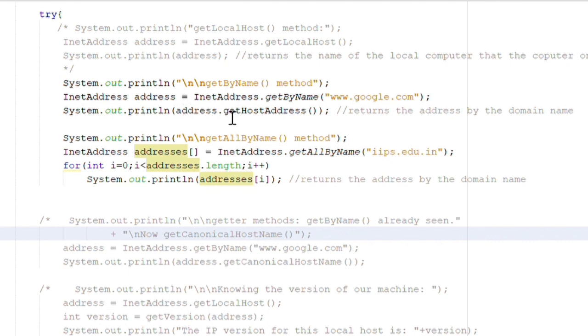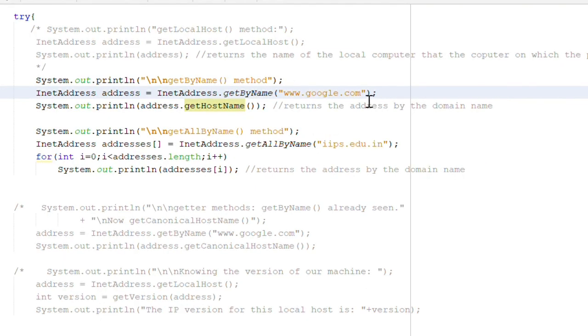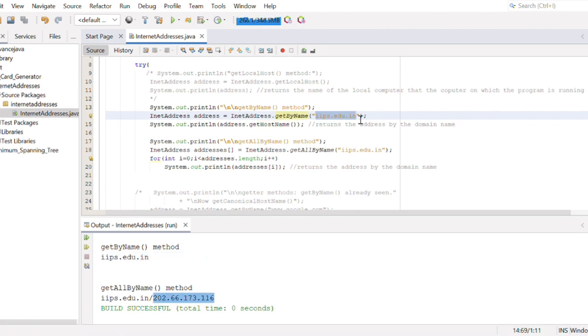So now as the getHostAddress returns only the IP address and not the host name, there is getHostName method also, which only returns the host name and hides the IP address. If we pass the URL here just to check the difference and call getHostName method, it gives us the host name for this URL, the host name for Google site, right? And if we now run this, it had returned us the same thing because it does not have a host name.